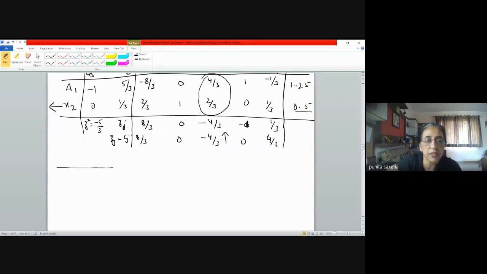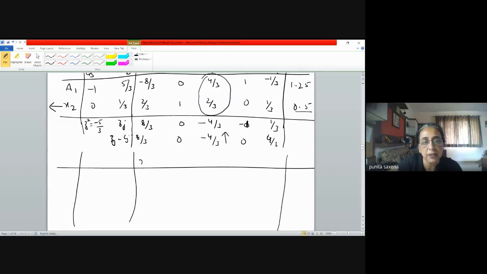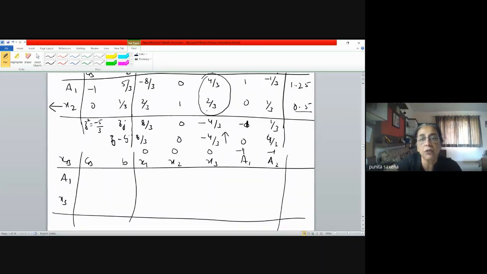Okay. So now we make another table here. Now there's no hard and fast rule which is going to tell you to make this variable enter even if there is a tie. Though for the leaving variable, if there is a tie, we call it the case of degeneracy. We're not going to do that in detail right now. Since X2 has left the basis and X3 has entered, these are my basic variables. And now this 2 by 3 becomes your pivot element.